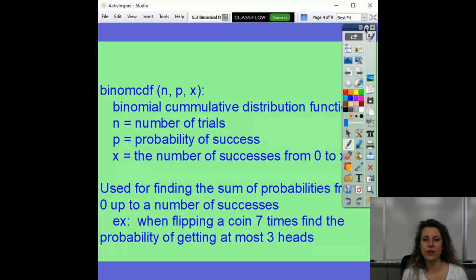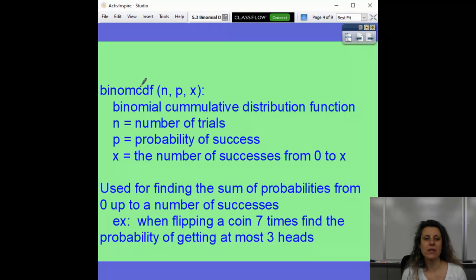Okay, the other calculator function is called Binome CDF, where the C stands for cumulative distribution function. So it's still a binomial situation, but instead of just wanting a single x, we want multiple x's. And specifically, we want x's starting at 0 and going up to a number. We're still going to have to identify the number of trials and the probability of success, as well as what x values, what number of successes we want,